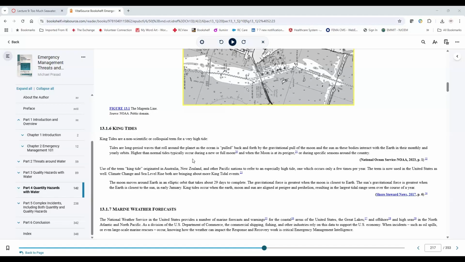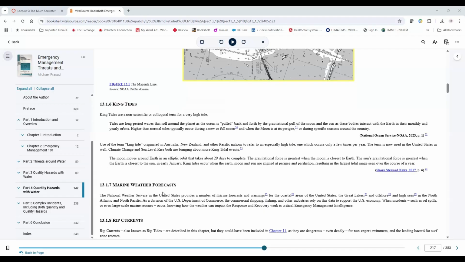You'll hear this sometimes in weather forecasts when they'll say, storm is coming and it's expected to hit at the same time king tides are in place. That's kind of like, well, wait, let me get my ears perked up. This one may be a tougher one. I think Sandy was one of those when the timing was matched up of being a lunar tide, full tide, full-size tide, king tide, etc. Just to give you some idea of that. I just seem to remember hearing it way back when.